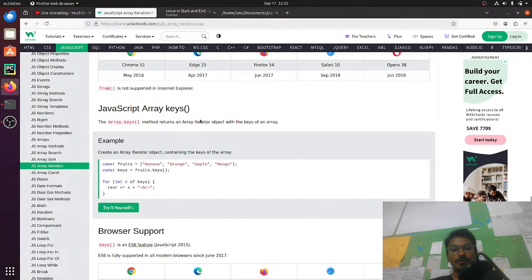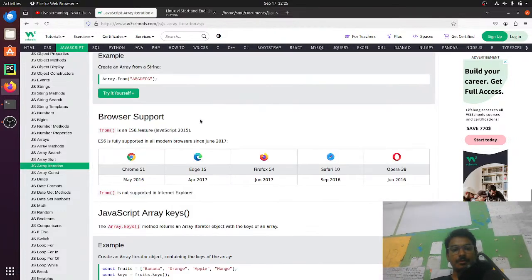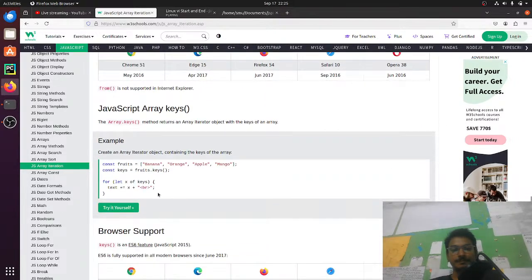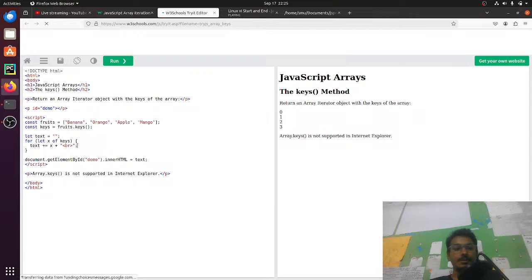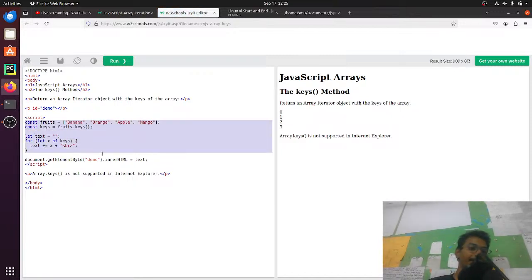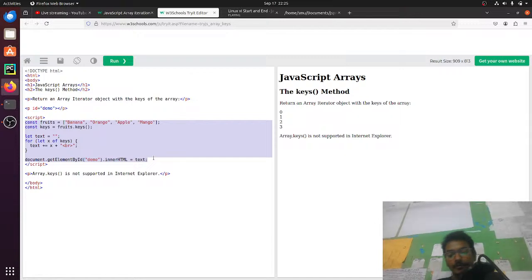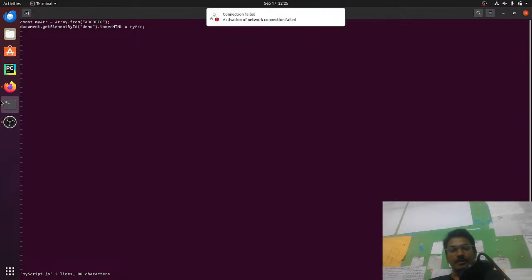Next, keys. Form is done, no? What is keys here? We declare two variables. One variable has array type of data, and for the second variable we are using that keys method. Keys method means the built-in function of JavaScript, and after that we declare one let variable, and inside that let variable we simply give an empty text,